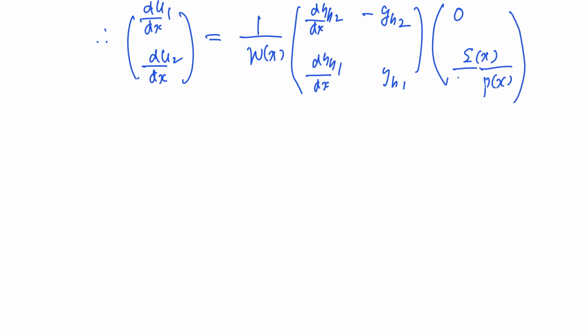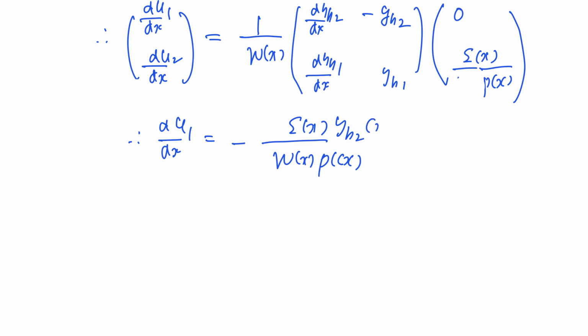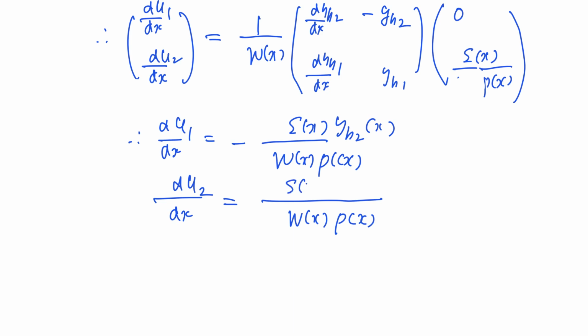Let me double check. So dx du1 is actually minus Wronskian px sx times yh2x, and dx du2 is Wronskian px s over x yh1x. Or u1x is given by the following: